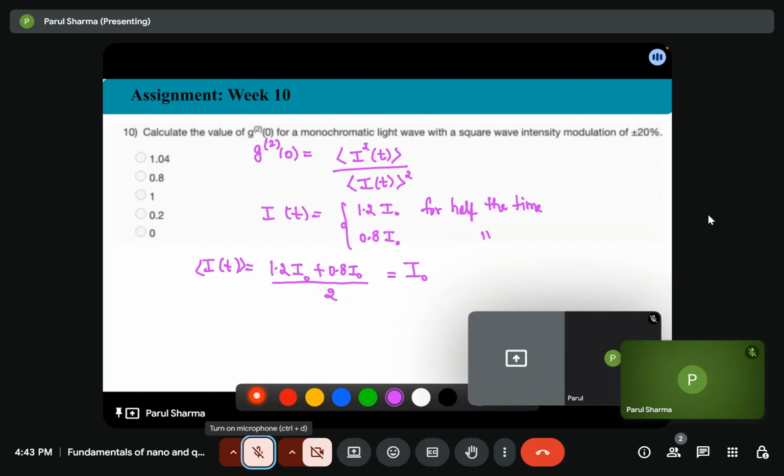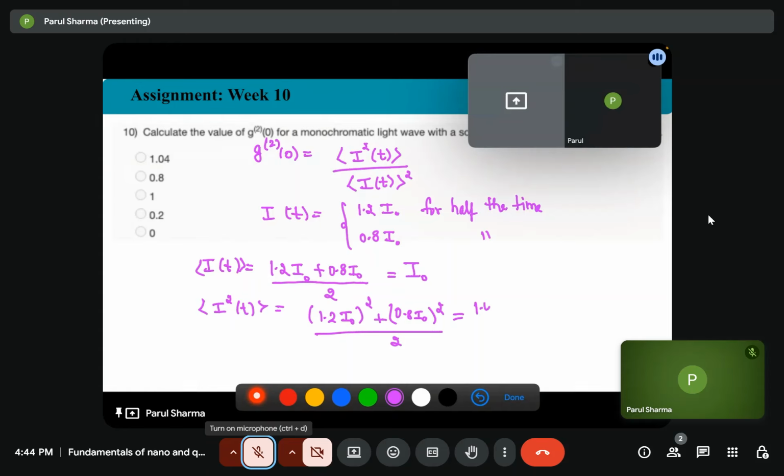Now I squared(t) is 1.2 I naught squared plus 0.8 I naught squared, upon 2, which is 1.44 I naught squared plus 0.64 I naught squared by 2, 2.08 I naught squared by 2, that is